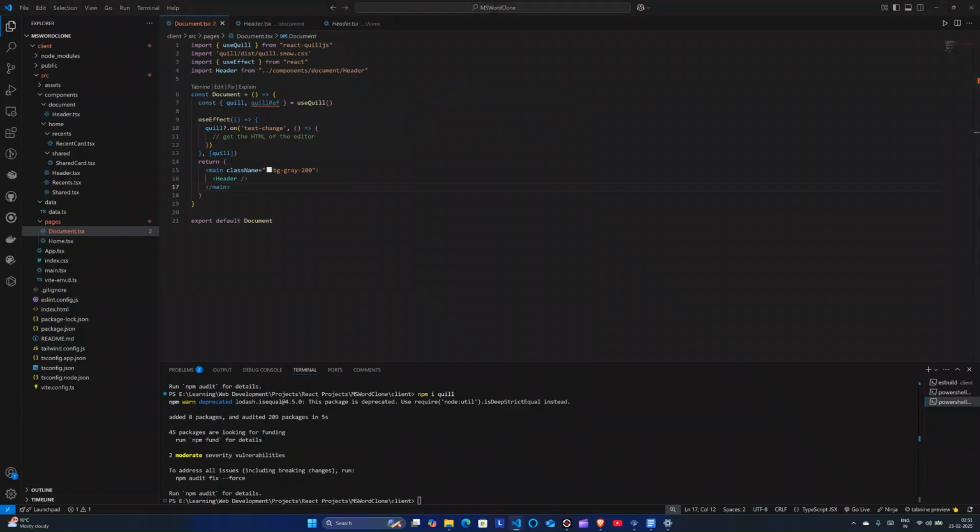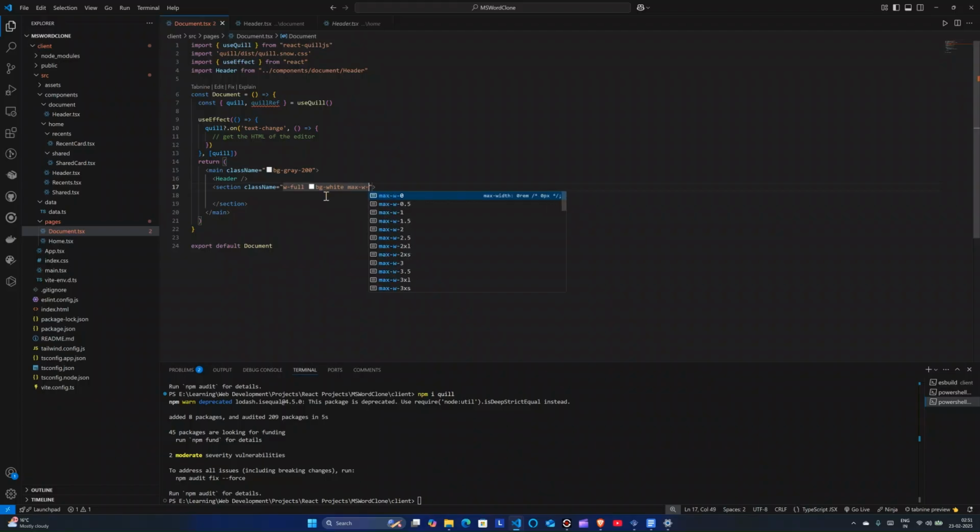Now what I will do is that I will be adding a section tag, class name: width will be full, bg will be white, max width will be 6xl, mx will be auto, h will be auto for sure, minimum height will be the height of the screen, margin top will be 10, and